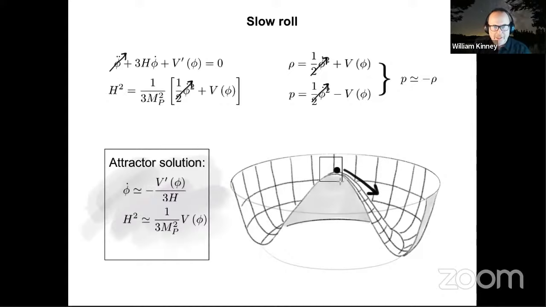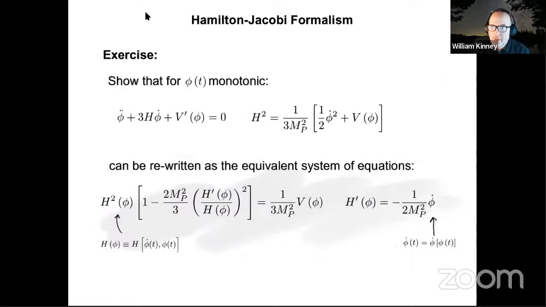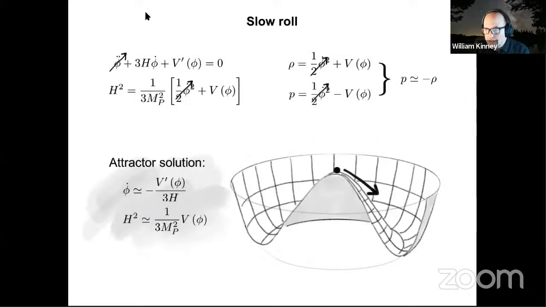So for the remainder of this lecture, I'm going to push aside the question of initial conditions. We will return to them in lecture 4 and just talk about the properties of this attractor solution. Tomorrow, we will talk about non-attractor solutions. And then in the 4th lecture, we'll start talking about larger questions such as embedding and string theory and boundary conditions and so on. So we're going to take these equations of motion, and we're going to look at this particular attractor solution and look at its properties. And in particular, today we're going to study perturbations primarily.